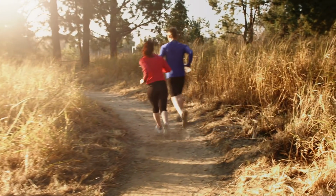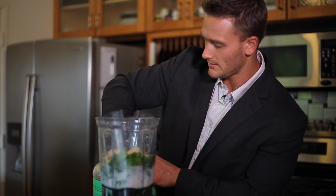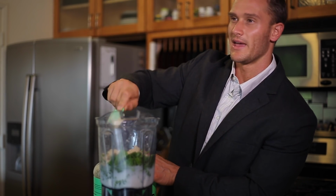If we throw in some green drink powder right then and there, you're going to get that much more nutrient absorption simply because the blood is going to be pumping to the muscle and delivering the nutrients from the green drink. So simply all you have to do is add a scoop or two of green drink powder, which usually doesn't have much flavor to it to begin with, so it's not going to make you sick when you work out. Take your L-arginine or other amino acid that's going to help you with that blood flow, that nitric oxide system in your body. Then go work out and sip on it while you're working out,